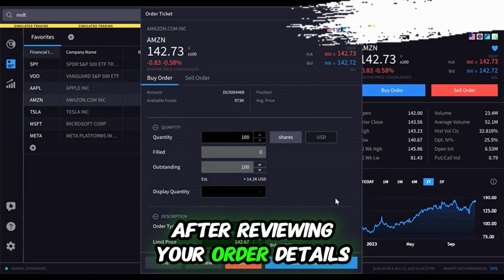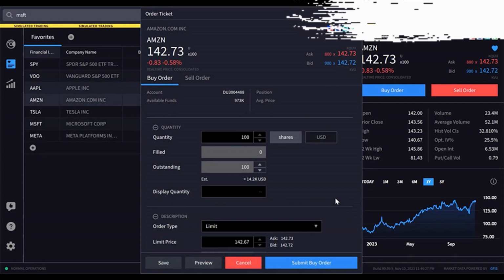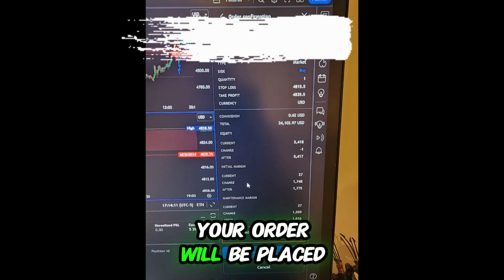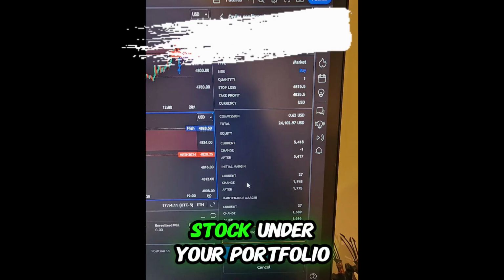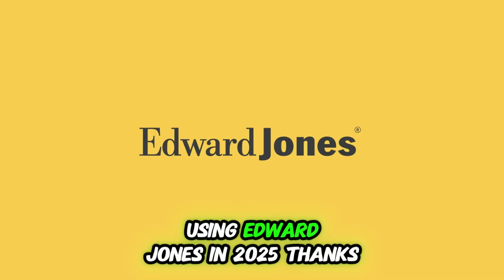After reviewing your order details, click Preview Order to double-check everything. Then tap Submit Order to confirm the purchase. Your order will be placed and you'll get a confirmation on screen. You can view your new stock under your portfolio within minutes, and that's how you buy stocks using Edward Jones